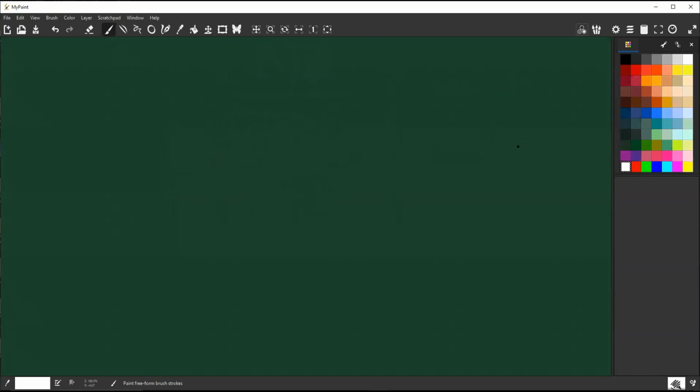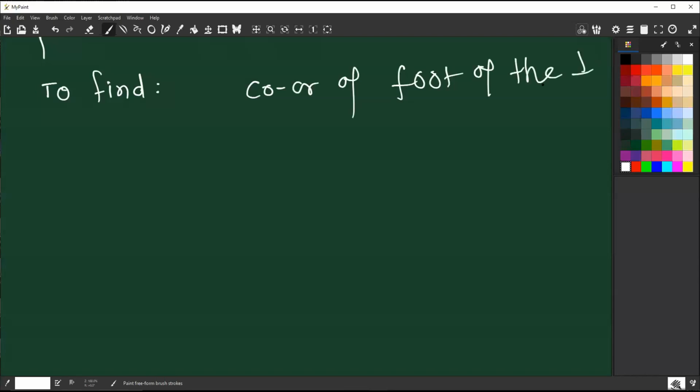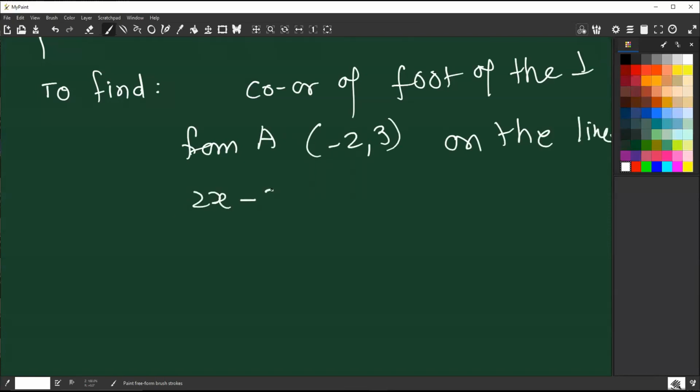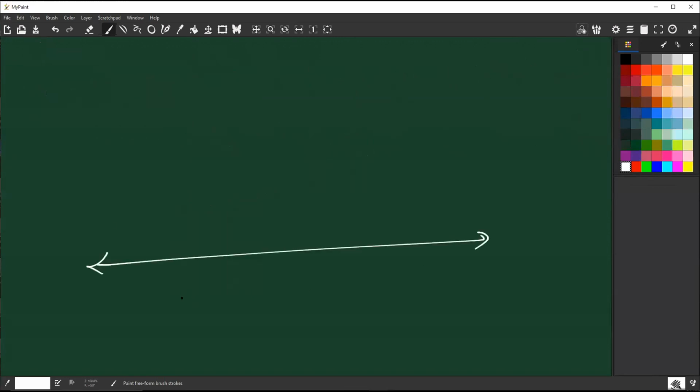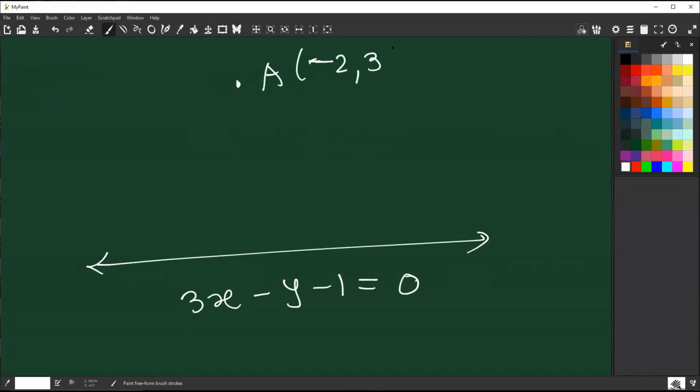Now I will take one sum which is there in every college exam। कोई भी कॉलेज का एग्जाम ले लो, ये टाइप का सम होता ही है। जैसे, to find coordinates of foot of the perpendicular from A (-2, 3) on the line 3x minus y minus 1 is 0। ये लाइन दिया है 3x minus y minus 1 is 0, पॉइंट A है (-2, 3), यहाँ से ये है परपेंडिकुलर और ये है फूट ऑफ द परपेंडिकुलर। सो अपने को M के कोऑर्डिनेट्स निकालने हैं।